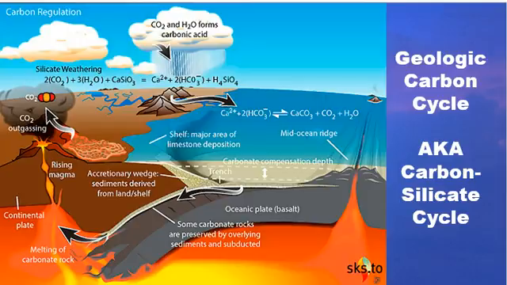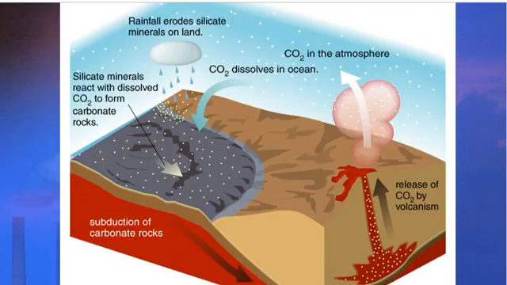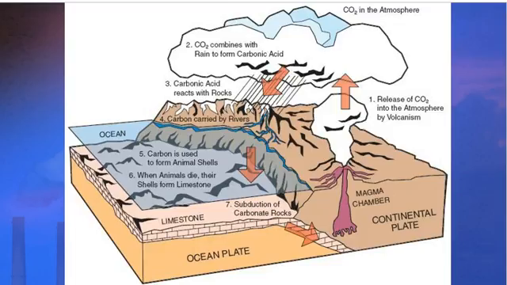Alright, so hopefully you were able to get a basic idea of what that geologic carbon cycle is. I know it's complicated. It's always the hardest part for kids to kind of grasp, and we're going to do a little lab later on with this that should help us to understand this a little bit more. But here's the two pictures that I really like, this one and this one. So let's go through these real quick, and I think this will help you to see what's happening here.